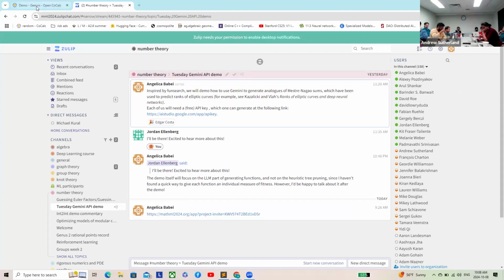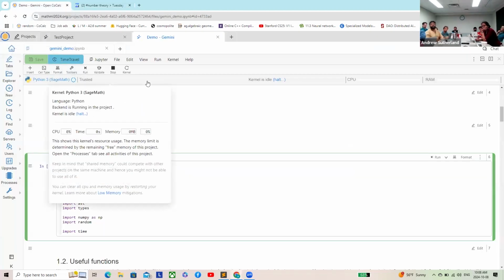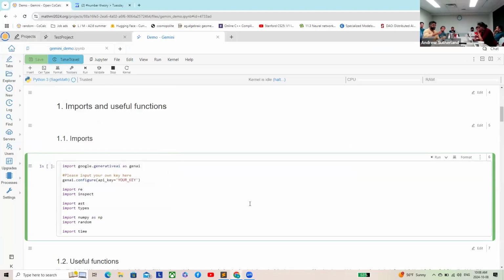Okay, so what is today's demo about? You can run OneSearch locally. I think the GitHub repo is on Zulip, etc. So it's not bad. Basically today,